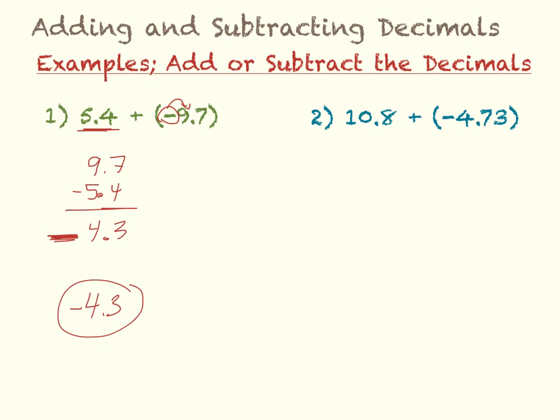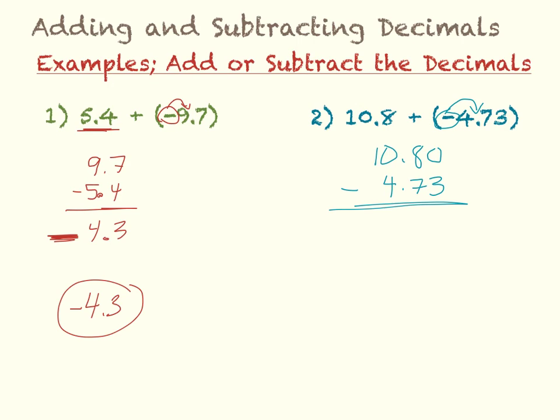Next one, we have 10.8 plus negative 4.73. So this time our smaller number is attached to the negative sign, so we're just going to subtract as we always do. 10.8 minus 4.73. Make sure that you have your decimal places lined up, and then put any zero placeholders if you don't